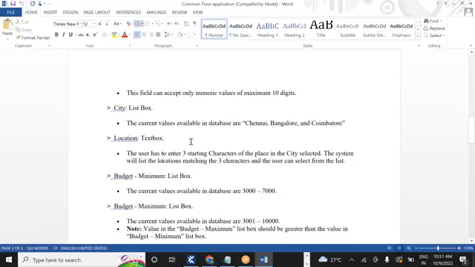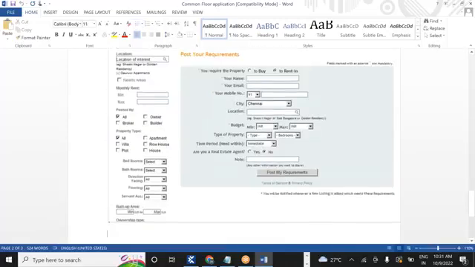Okay. Again, you can see one more thing here, guys. We have some fields which are mandatory, some fields which are not mandatory. Now see here, guys. Location field is mandatory or not, guys? Not mandatory, sir. If there is a star mark here, these are the mandatory fields. If they don't have the star mark here, it's not a mandatory field. Okay. Next we'll see this. Next one is,